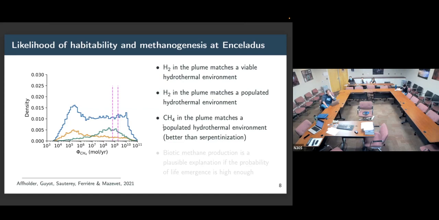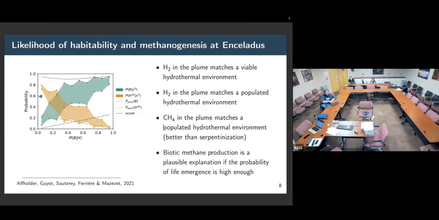This is actually a parameter that needs to be implemented in the inference process, which is in a way sad news because we have no idea what the value of this parameter is. But we can try to look at what its value would be so that the most likely scenario is abiotic, or so that the most likely scenario is biotic. In this case, we show that it is around 30%, which is also bad luck because maybe people would have strong opinions if we situated these thresholds near 100% or near 0%. But since it's in that intermediate region, it's very hard to really say something further from that.